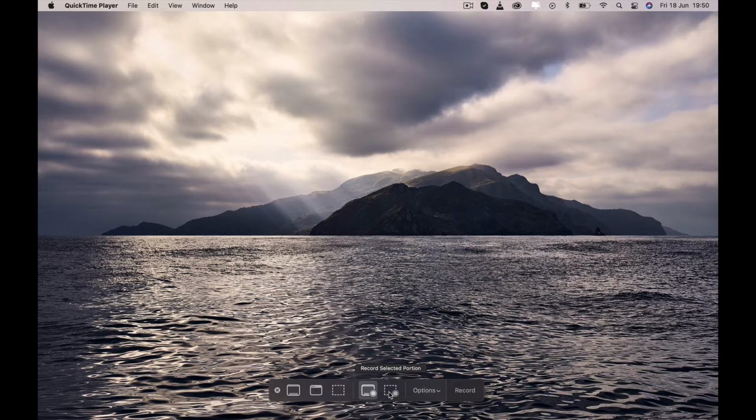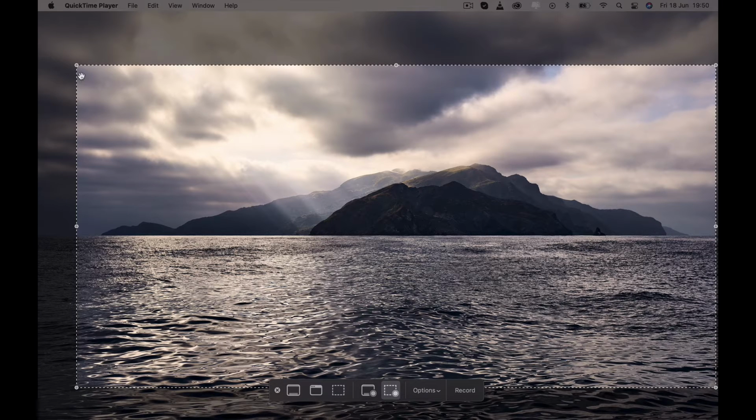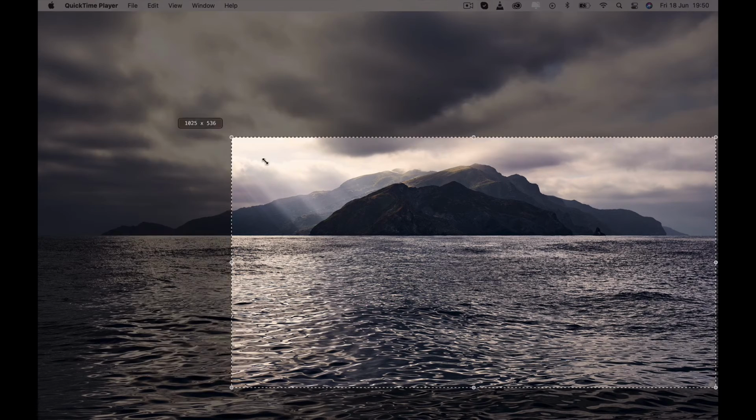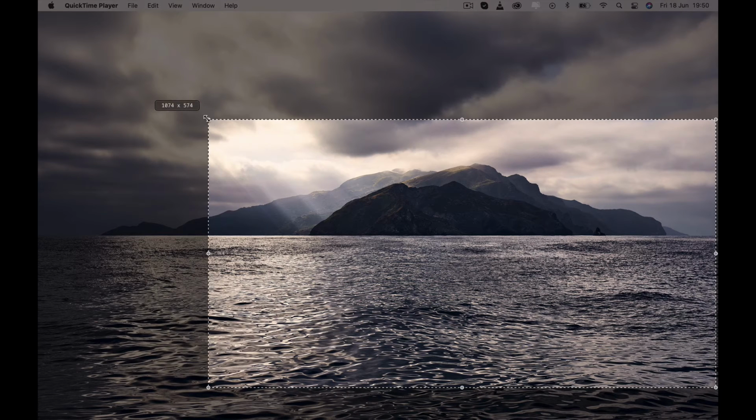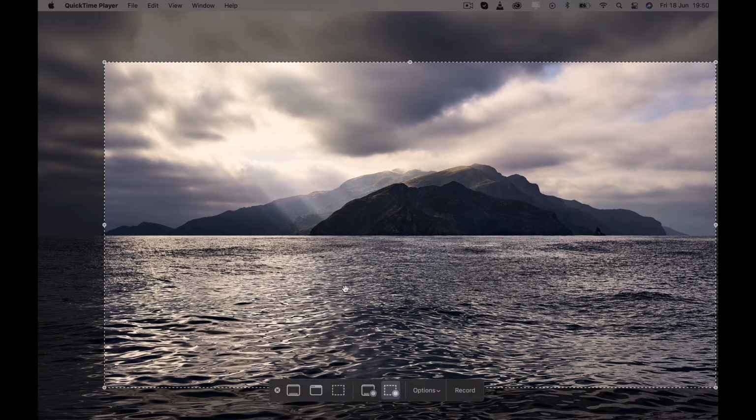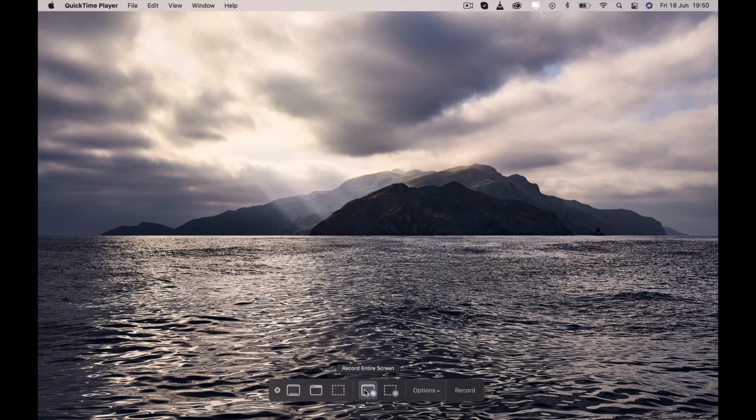If you want a certain portion to record on your screen, like I want to select this, and then look, you can drag the portion which you want to record. So I'm going with the whole screen, so I do record, and then you have the option